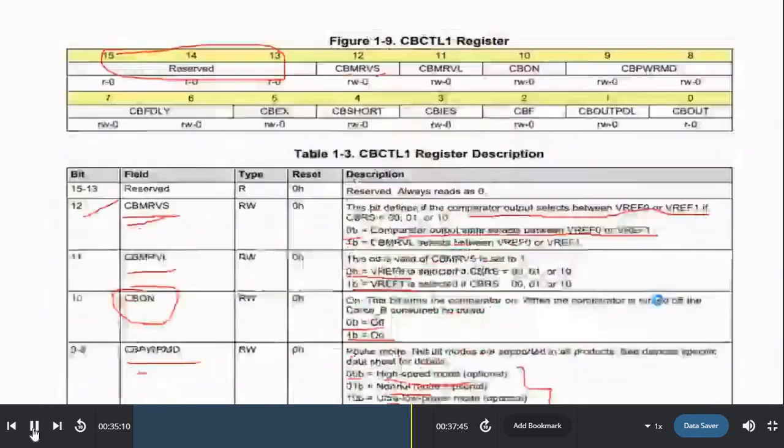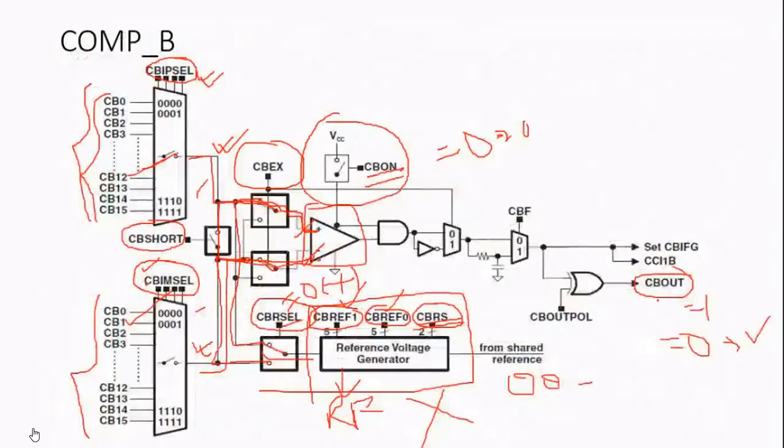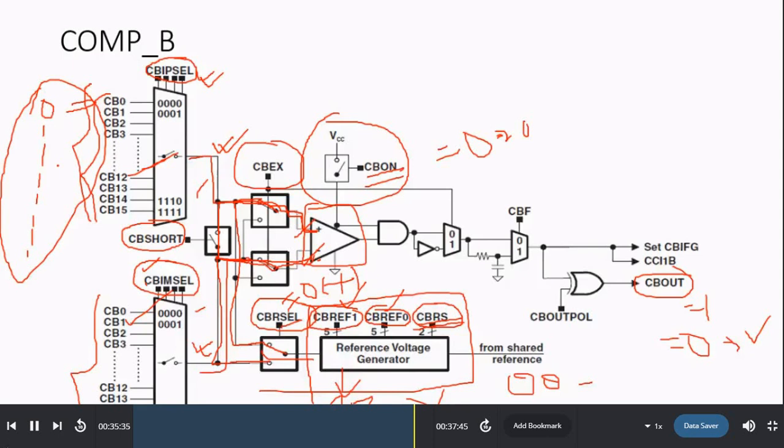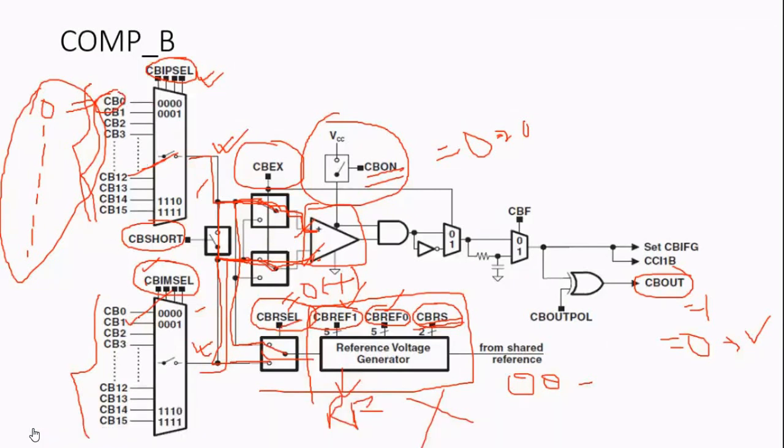Let us consider, come to this part. I am putting CB10 in the enable format. Rest of all the things, what will you do? 1 1 1 1 1 1 1 1. So in this way we can provide the input. Since at a single time you can select any one, if you are selecting any one, then what you have to do? Either you have to keep the others in disable mode.